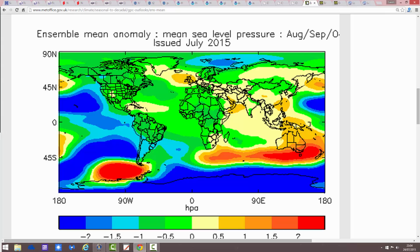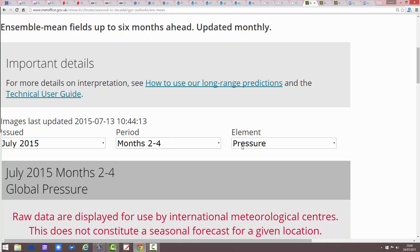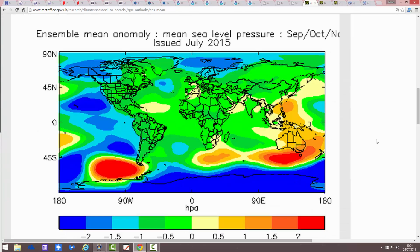Well, this is going to throw a little bit of a spanner in the works, or it would do if I got the period right, but I haven't. So what I'm going to have to do is go down and change the charts over. So this is the chart for the autumn. Sorry about that. This is the chart for the autumn, and it's seeing the Atlantic trough there through the middle